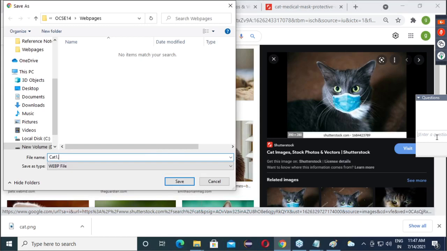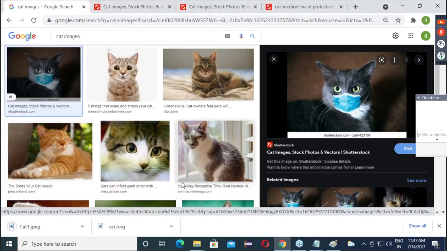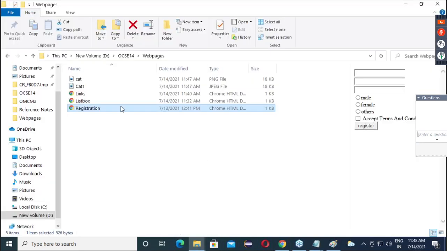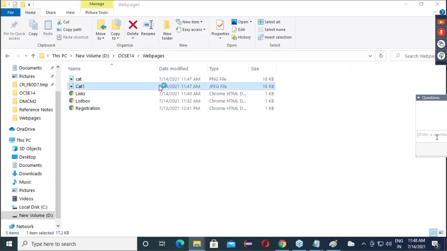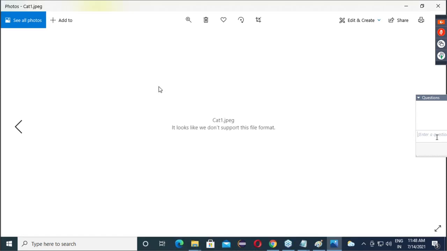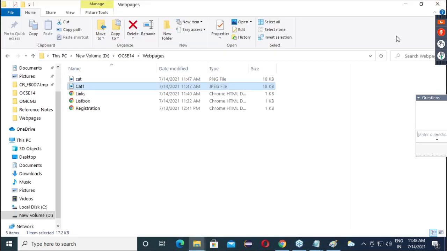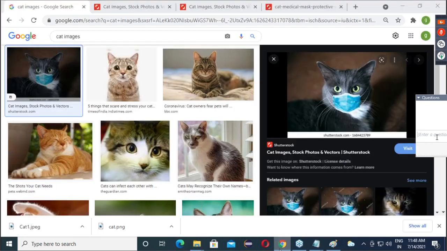JPG. Correct. Here all files. I guess the cat is not supported.